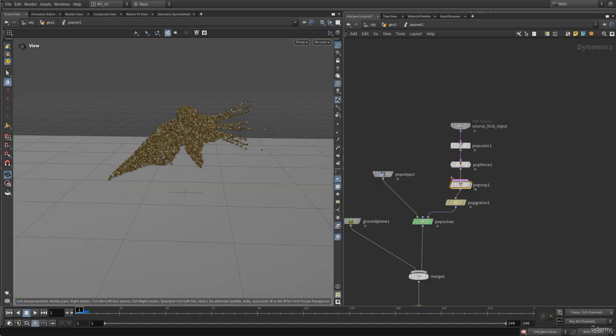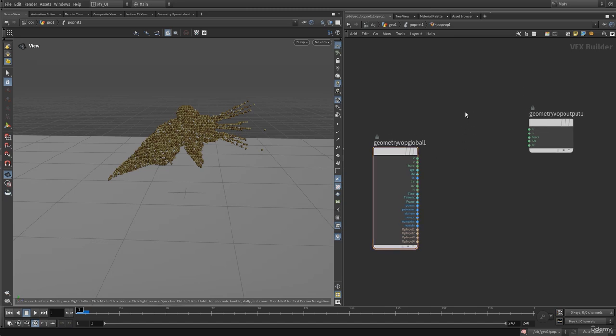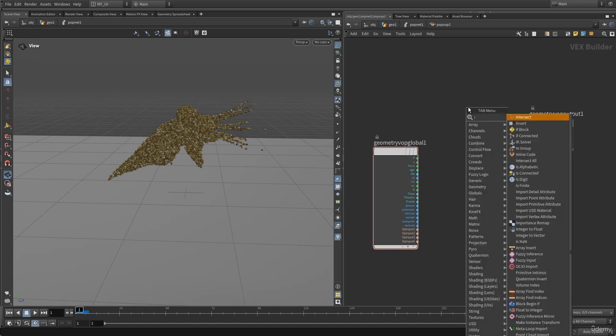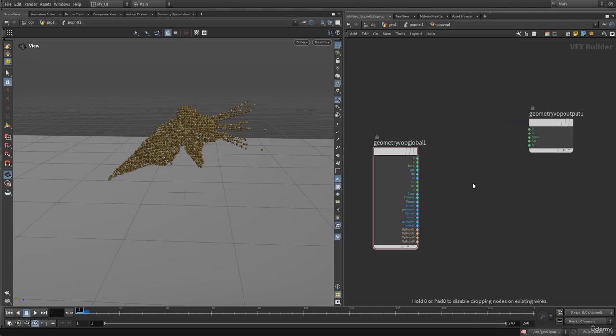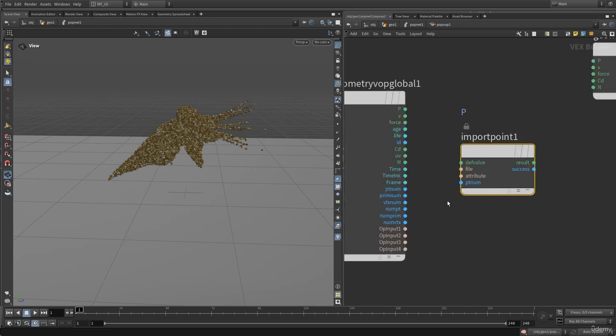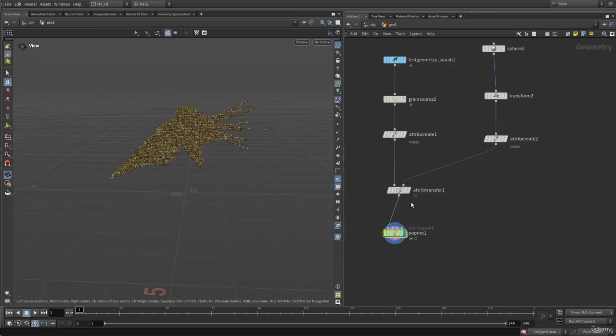inside of this pop warp. And to actually import this attribute, we have a node called import point attribute. Because we are creating the point attribute, we need to add the import point attribute. We also have the detail, primitive, all of these options, but because we are working with points, let's add an import point attribute. And in here we need to define the ptnum. We need to set the point number as well, and you know that because we are working with same source,